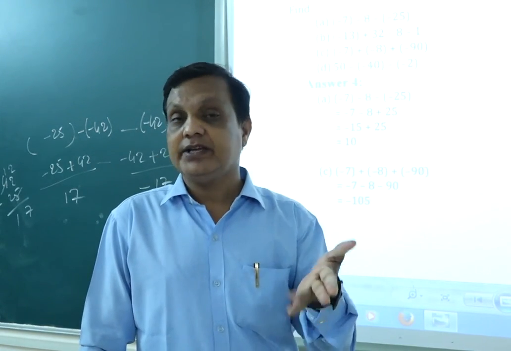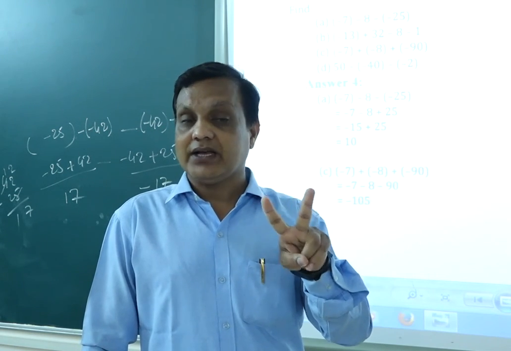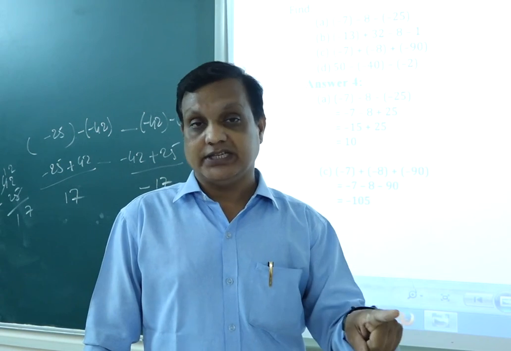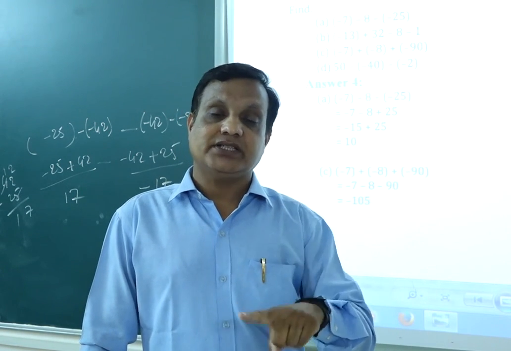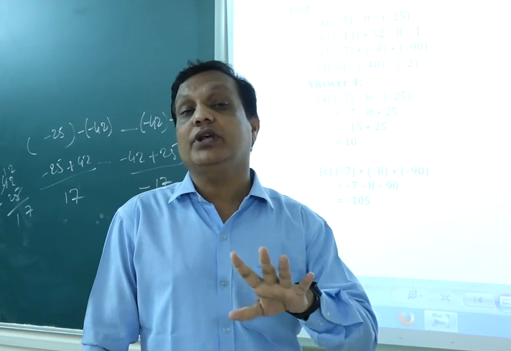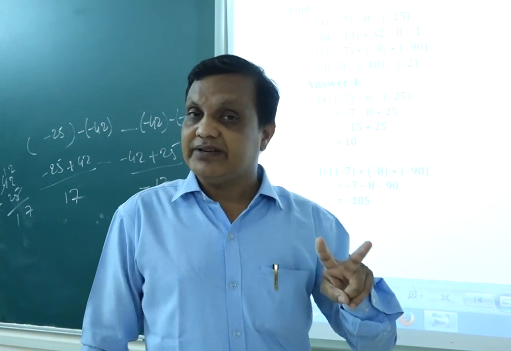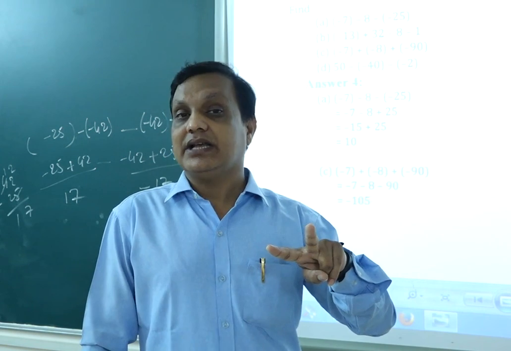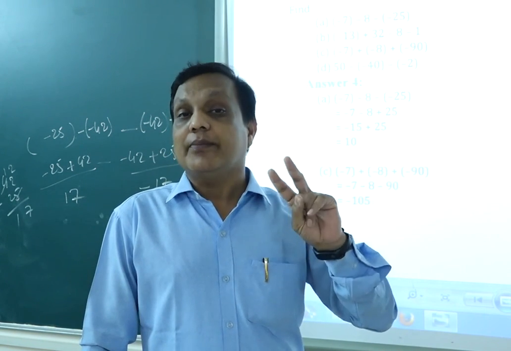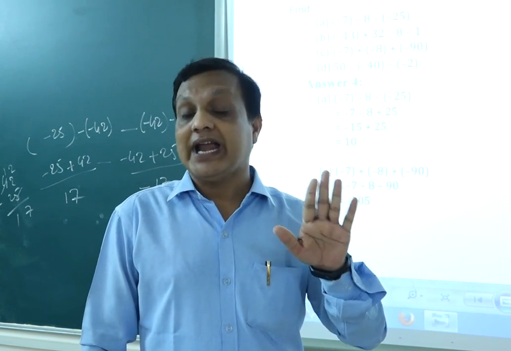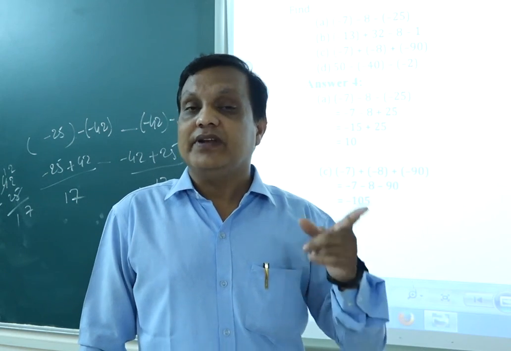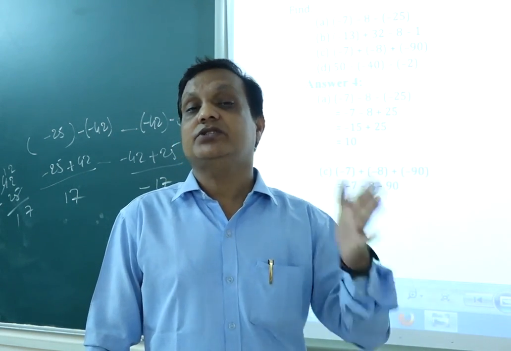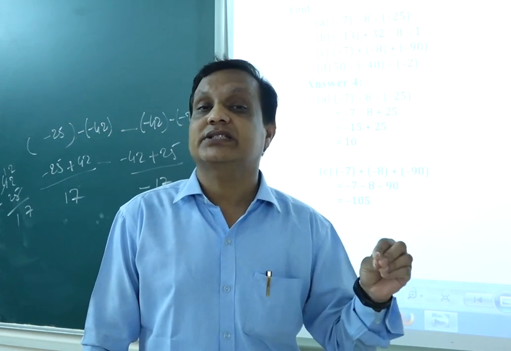Once again I am explaining. When you have to add two numbers and both numbers are minus, you write the answer with a minus. When one number is minus and the second number is plus, you have to do the subtraction. When two numbers are negative, you have to do addition, you have to sum. When one is negative and one is positive, it means one is plus, one is minus, you have to do subtraction and put the sign of the greater number.